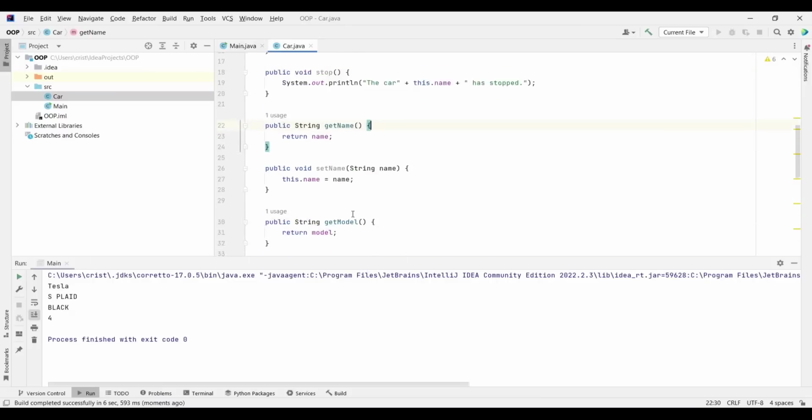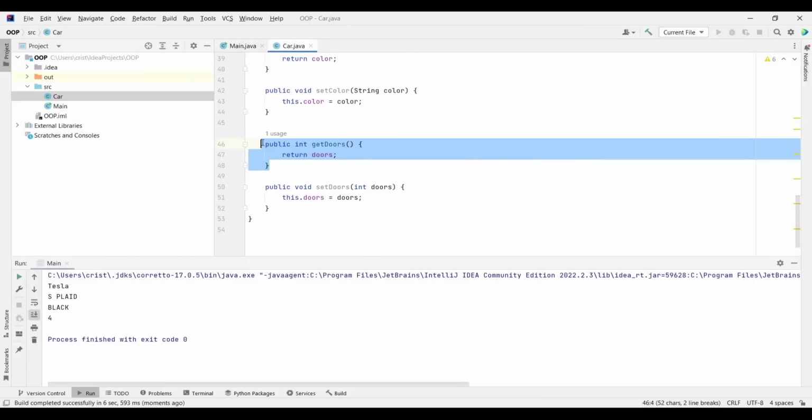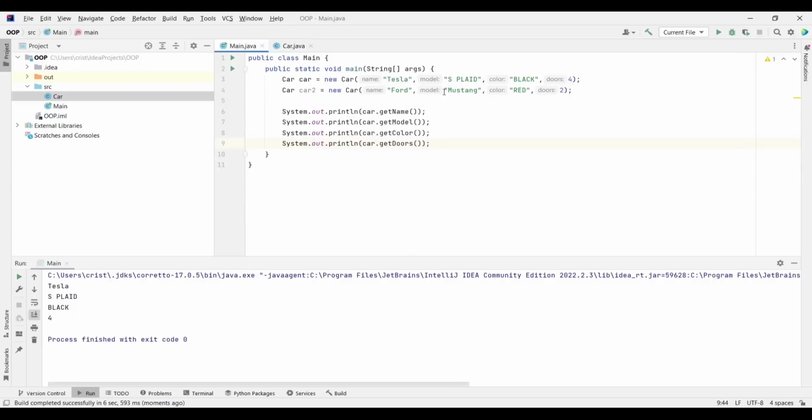Because if you look inside the getters, let's look at get doors. As you can see, this is a function which returns the number of doors for this specific object, because the function get doors is called on this specific object that we created above. And we can call getters and setters for our second object.